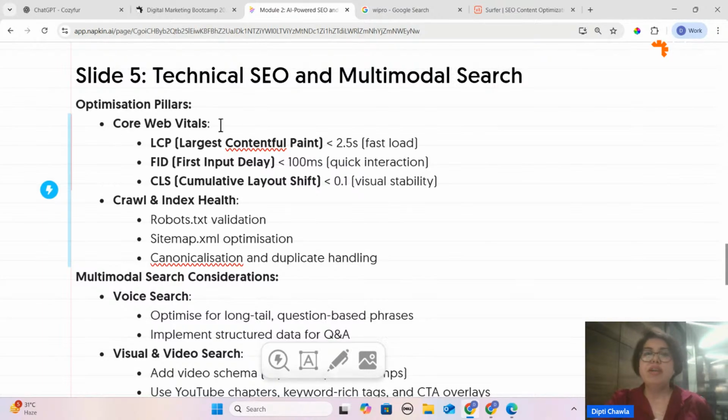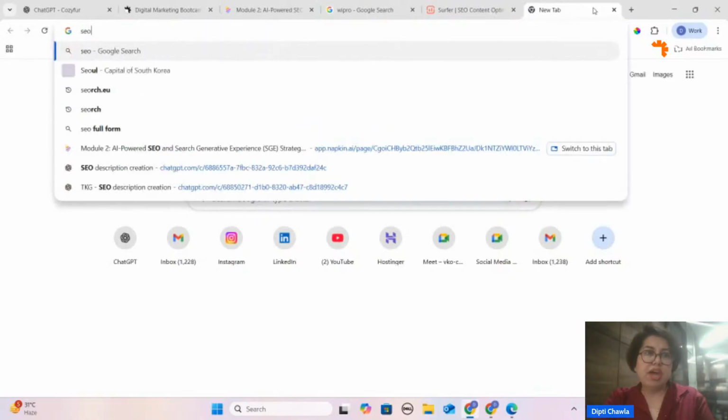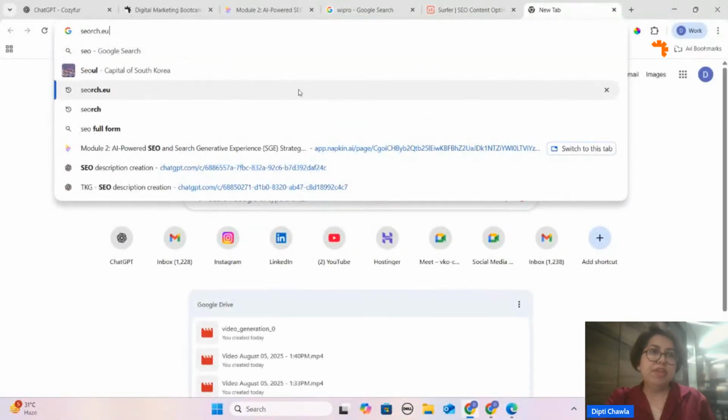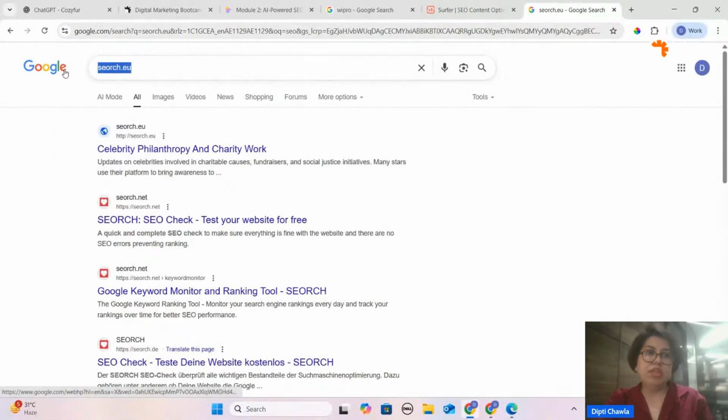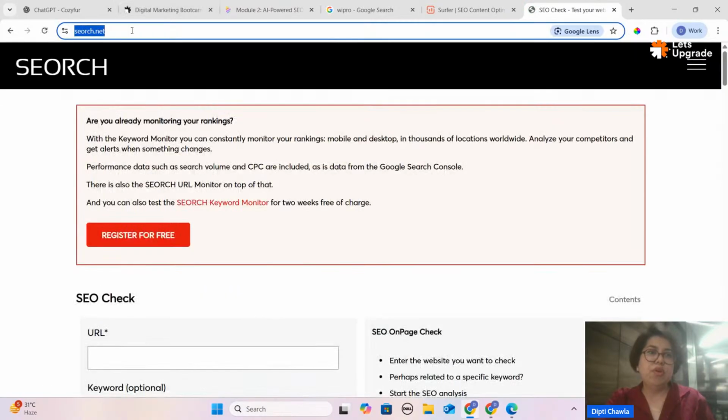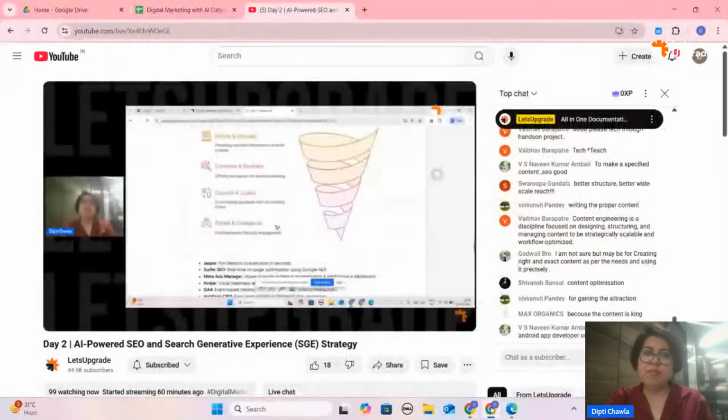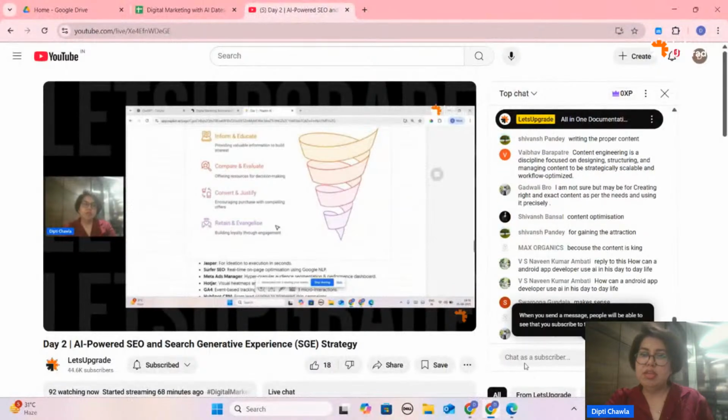Now core web vitals. Earlier it wasn't that much. LCP, which is largest contentful paint, I mean the content should load fast. What should be the metrics? It should be two. Okay, I'm giving you a website. You can use that. Please note down this website. I'm giving it to you in the chat box. This will really help you for a lot of things I'm trying to explain, and it's easy and visible.